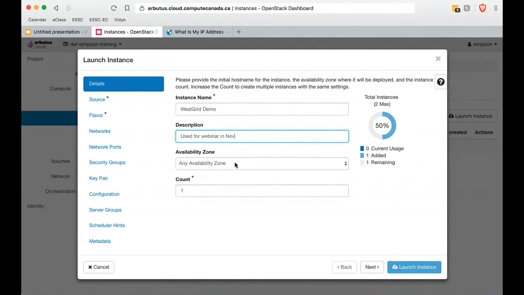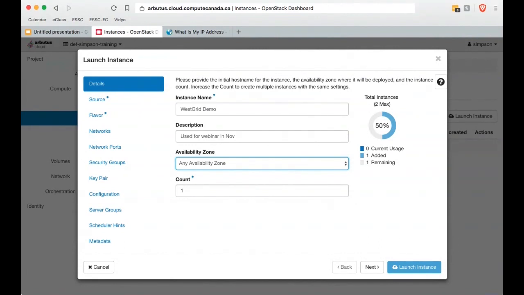The next thing that comes up as an option here is your availability zone. If I click on this, you're going to see really 4 options. We're not going to choose any availability zone because that could put you in a zone that you actually don't have access to. This is a possible hiccup in deploying your VM, because if it assigns you a zone you don't have access to, then it's not going to spin up your virtual machine. We're working on trying to hide the options that aren't available to you, but it hasn't yet been configured to do that. The ones that we're interested in today are either persistent 1 or persistent 2.